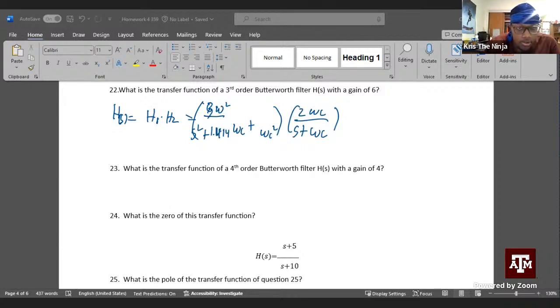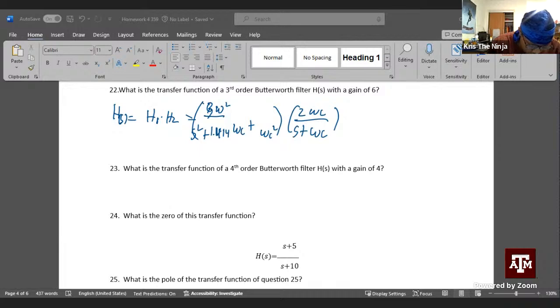You just use the fourth order values. So if I look at the fourth order values and then I go over to alpha, it doesn't really matter. Section 1 and section 2 are different. So if I want H1 times H2, so H(s) equals H1 times H2, then I would have